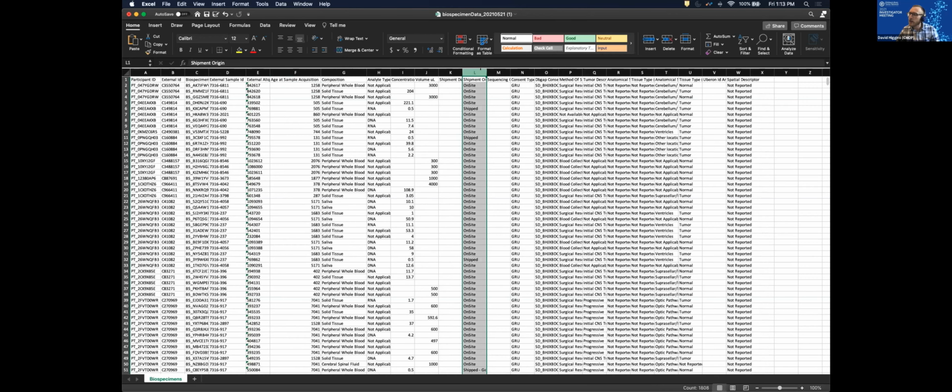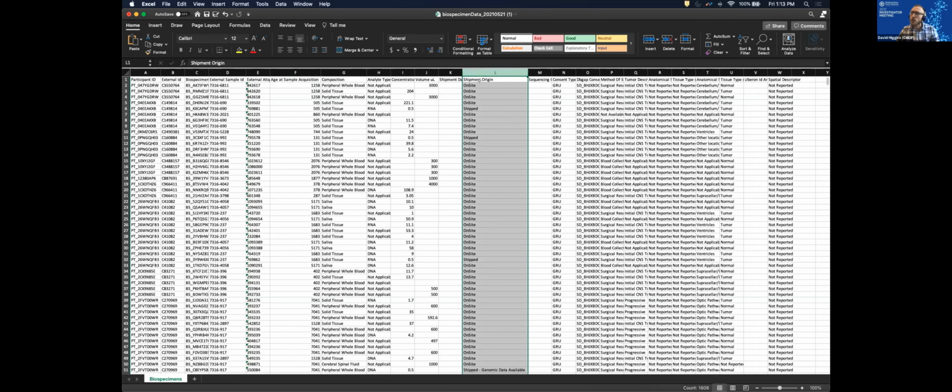And then this column right here, this column L, this is shipment origin. So this tells you whether these samples are available. If it's listed as on site, then that means we have them in our biorepository, and you're able to apply to receive those particular samples in that shipment origin column. So this biospecimen data Excel sheet, this is what you can then upload. You can maybe narrow it down and say, I'm interested in these, maybe just these 1 or 2 samples here. And so from that, you can pull the particular information you need, or you can upload this directly onto the